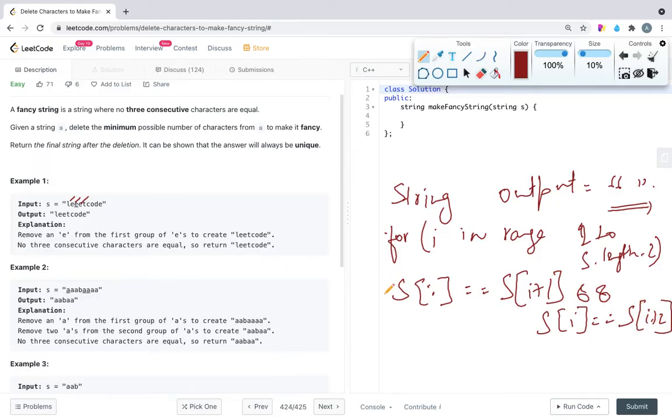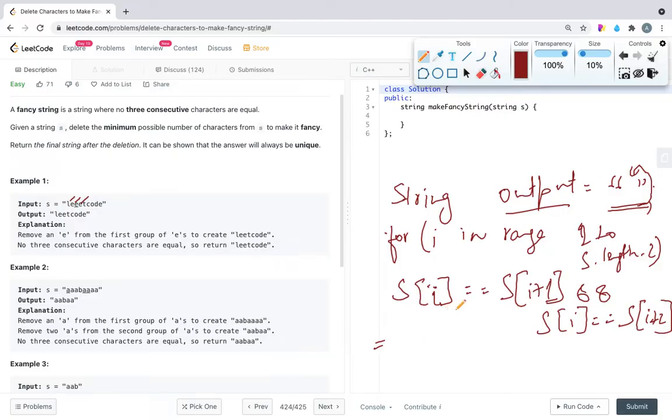So if this case holds, like s of i is equal to s of i plus 1 and s of i is also equal to s of i plus 2, then all three characters are the same. If this happens, we are not going to concatenate or append this to our output string.